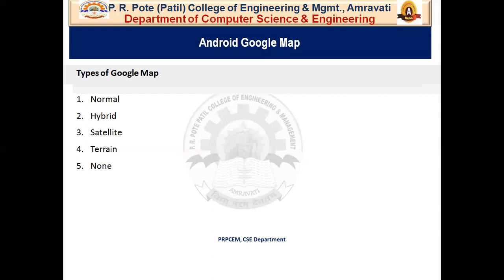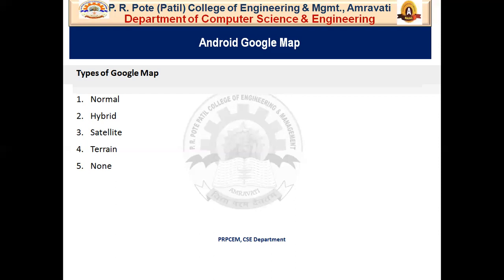Then terrain. So this type of Google Map displays photographic data. This contains contour lines, colors, and labels and perspective shading. So such type of data comes under the terrain type of Google Map. And the last one is the none.